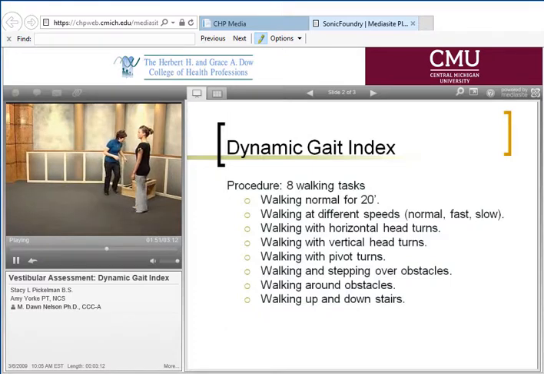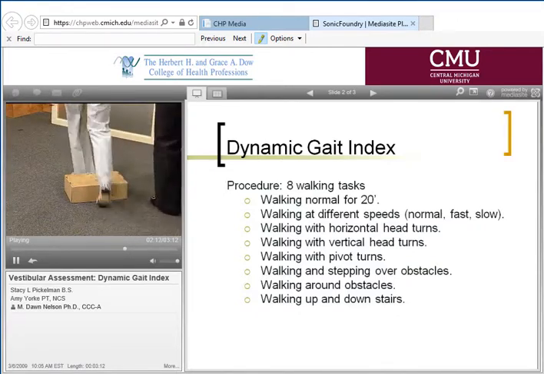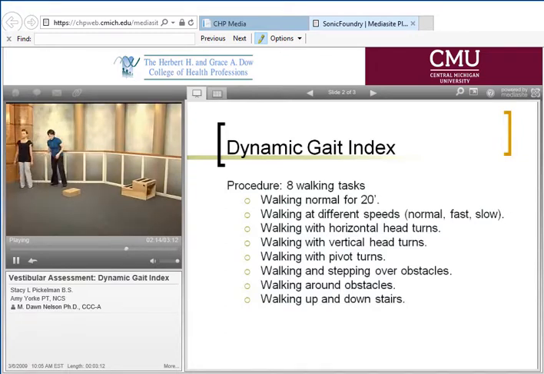Now what I'm going to ask her to do is I'm actually going to have her step over an object. Stacy, what I want you to do is when you walk over the object, step over it with both feet. So it should look like this. What I do not want you to do is something like this, where you just put one foot in the front or one foot to the side and then step over it. Okay? Let's go ahead and step over the box. Great. If you notice, Stacy was able to easily clear the box and did not take any stutter steps as